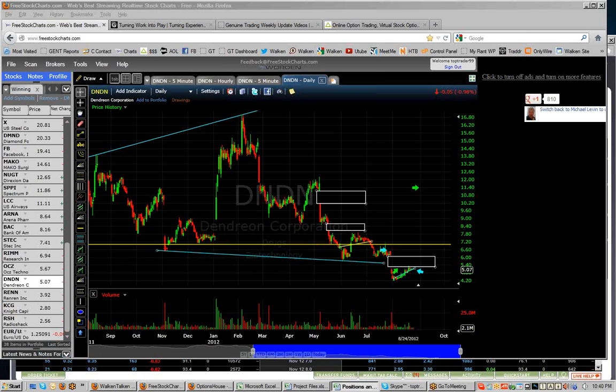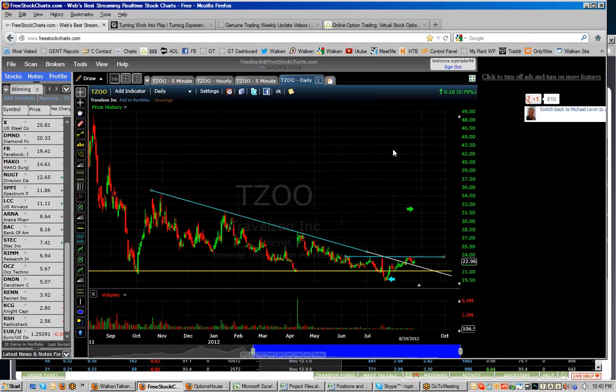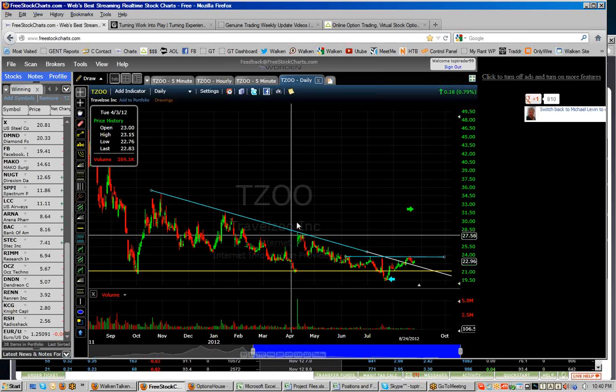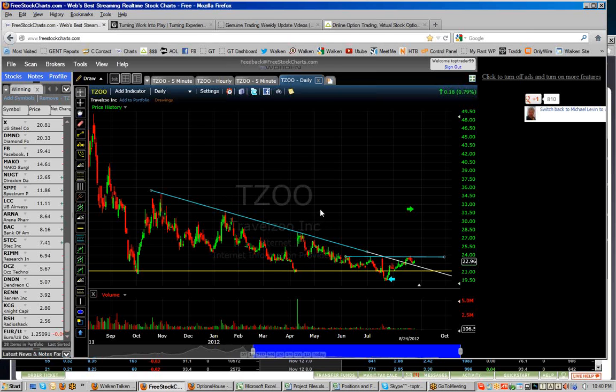So for right now, the ones that I really like, I also like Travelzoo. I think this company has the travel component, and it has a lot of the local couponing. It's broken out of a short-term, actually I call it a year almost, downtrend line, and now you're moving sideways. Any break above this blue line here, I think it takes you to at least the top of this level, which would be around the 27.50 area. And then ultimately, if there is M&A activity, I think you're going to come up to the 31, 32, 33 area. So liking Travelzoo, liking SPPI, liking Research In Motion, liking OCZ, and it's okay to be long Arena, Dendreon, and even Walter Energy,